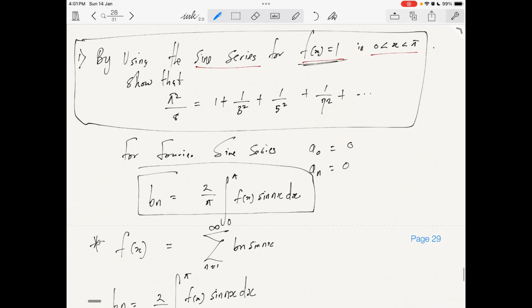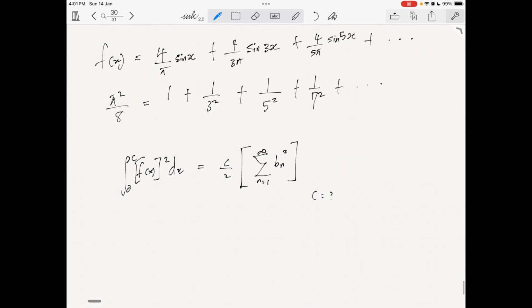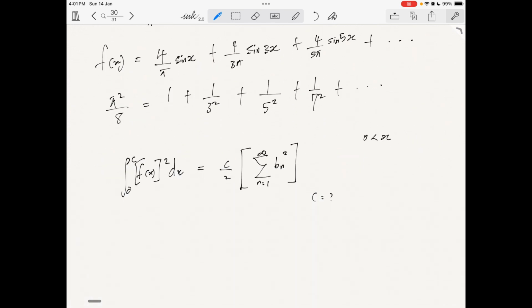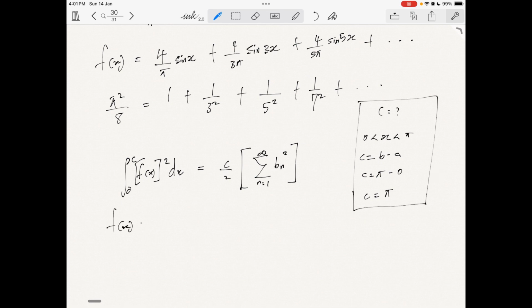Now we go back to the question and we realize that we are given the range of 0 less than x less than pi. Now C will be equal to what? B minus a, and b is pi and a is 0. So C is equal to pi. Our f of x from the question is equal to 1,